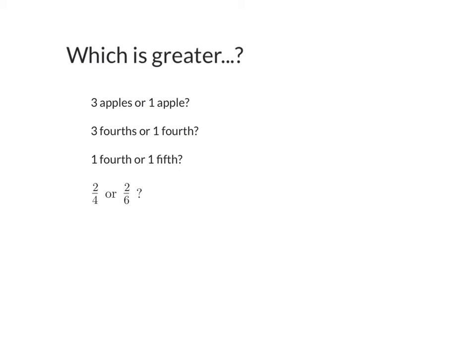You don't need to write this down, but let me just ask you really quickly. Which one's greater, 3 apples or 1 apple? 3 apples. 3/4 or 1/4? 3/4. 1/4 or 1/5? 1/4. 2/4 or 2/6? 2/4. How do you know that 2/4 is greater? Because 1/4 is greater than 1/6. So therefore 2/4 must also be greater than 2/6. So if you have the same numerator,